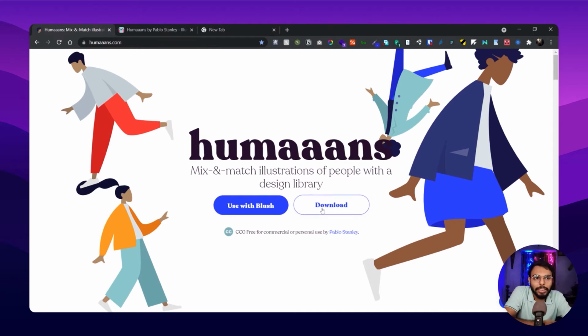Obviously you can download it for your personal use, to use in your own software, but I will just showcase it for now in Blush. If you are in a hurry and just need a PNG or an SVG to get going, you will not download the whole collection and search in that.